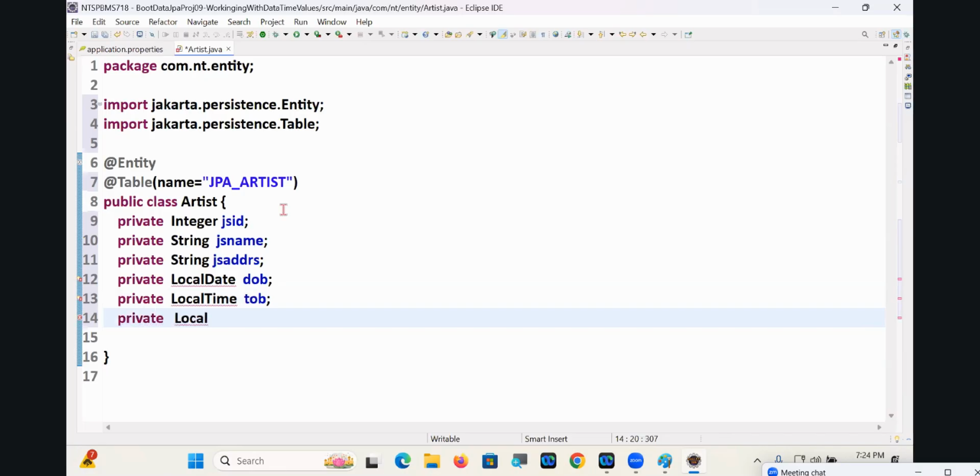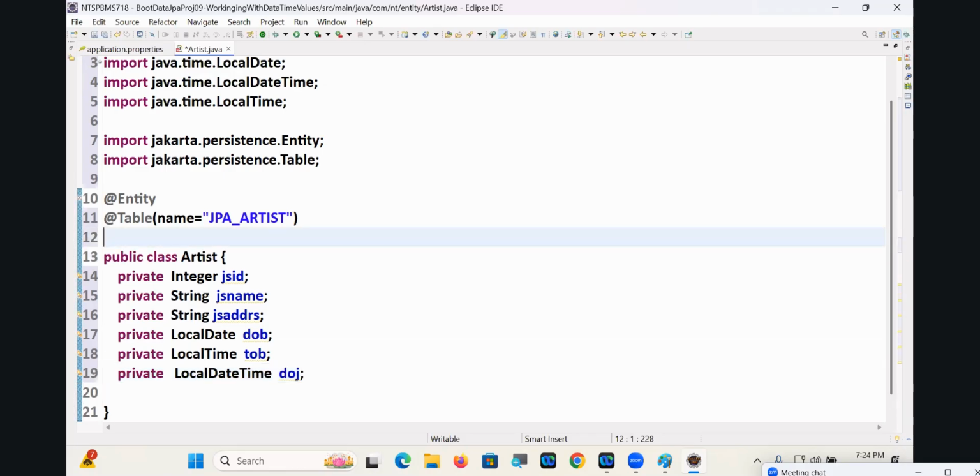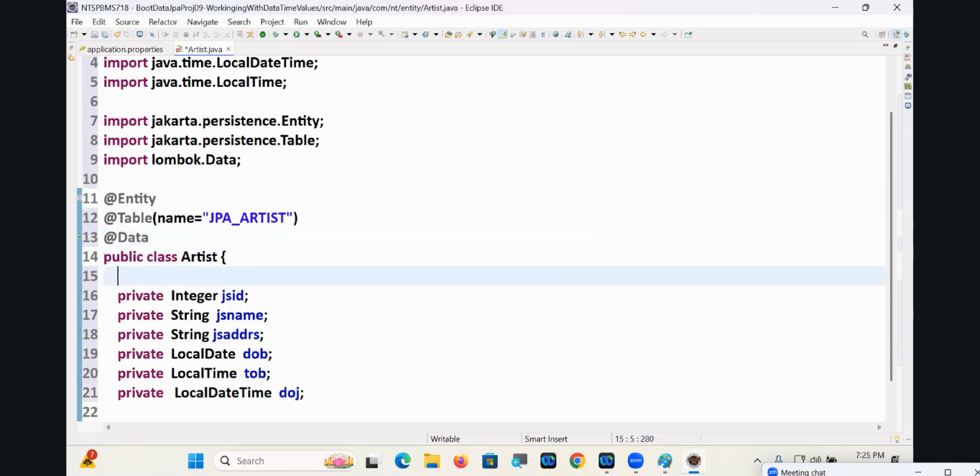Private LocalDateTime doj. Date of joining. What's there? Date of joining means when did you start in movies. @Data, I would like to get the getter setter methods. Towards insertion,